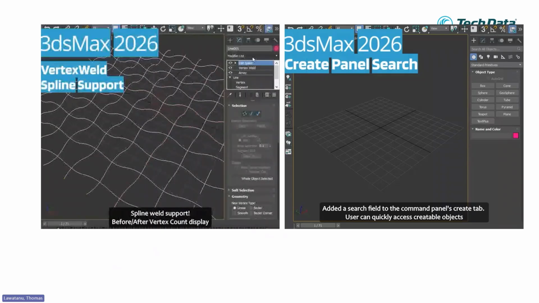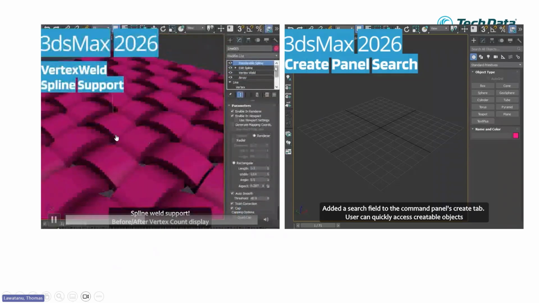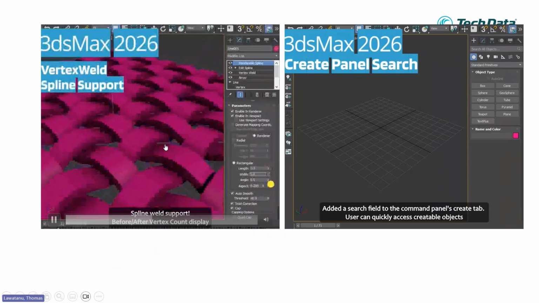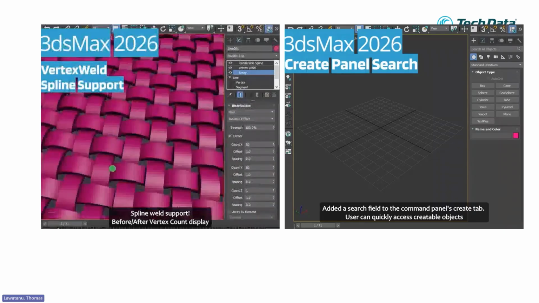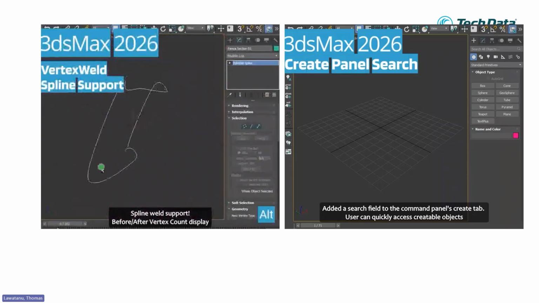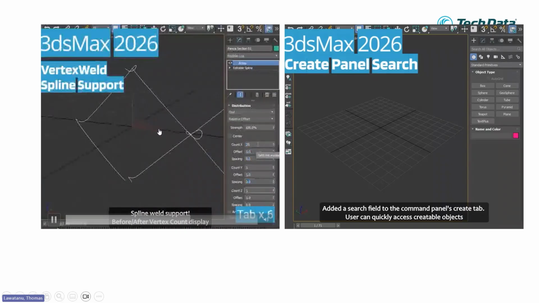You can weld between the vertex on a spline, so you can apply it and weld between the vertices. This is easier when you do some modeling, and very helpful when dealing with vertex weld.